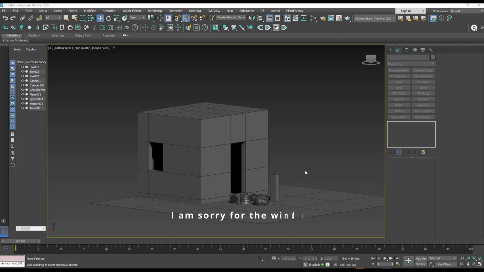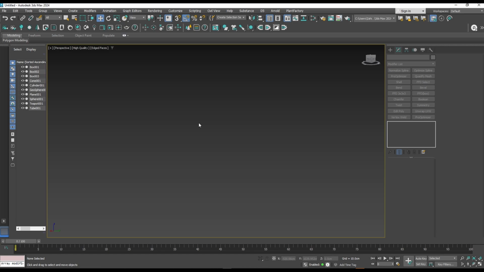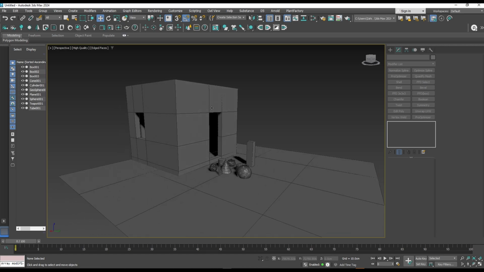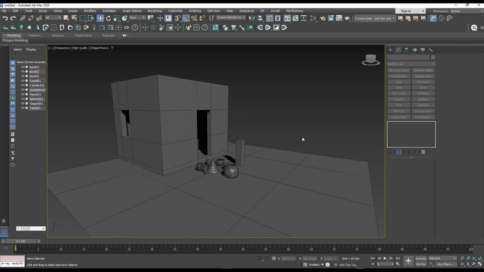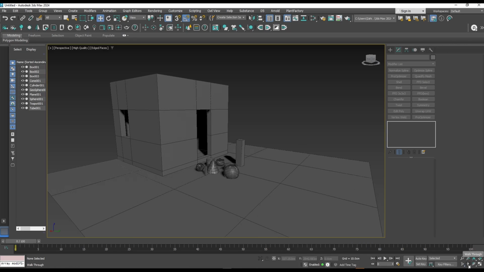Today I'm going to show you how to use 3ds Max like any game engine, like Unreal Engine or Unity, with fly cameras using WASD and maybe E and Q to go up and down. So let me show you how we can do that. First of all, you need to make sure that you are in perspective mode, not in orthographic. Now you can press the arrow key on the keyboard, or go to this option right here,